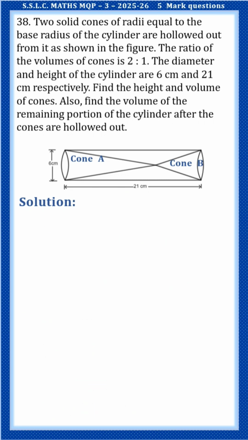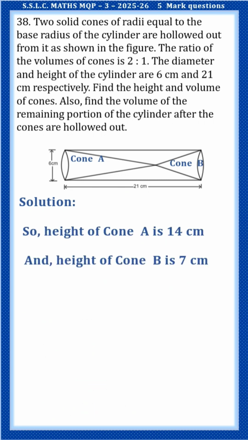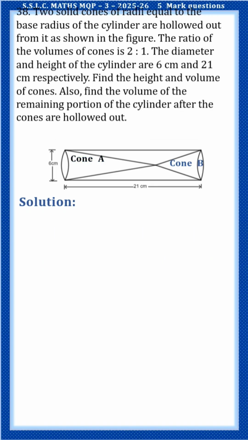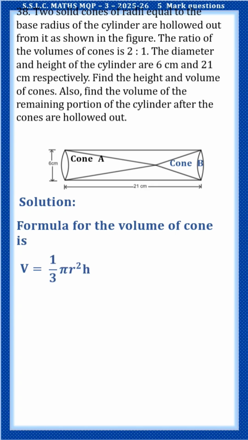So now we have the height of cone A is 14 centimeter and the height of cone B is 7 centimeter. Now let us find the volumes of cones A and B. Formula for the volume of a cone is V is equal to 1 by 3 pi r square h. Now let us find the volume of cone A, where the radius of this cone is 3 centimeter,